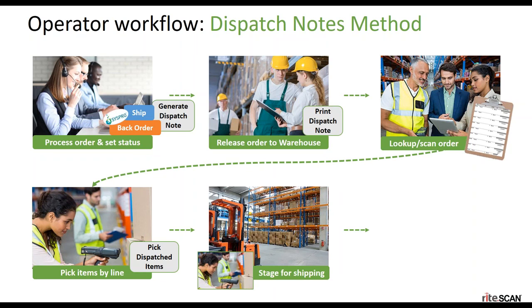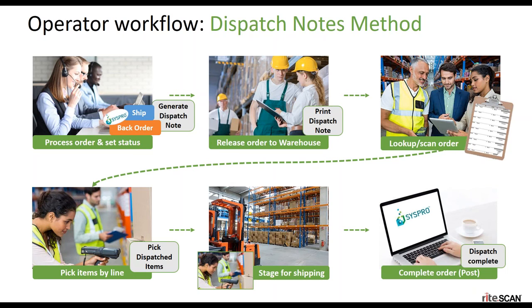So once they're done going through that, they're going to stage all the items for shipment and complete the order. Once they complete the order, that status within Syspro with the custom form field will then be updated to complete. And once that's complete, it's going to disallow the operator from repicking against that order and allow it to view that complete status. There also are ways and mechanisms to set up your Syspro system to consume that complete